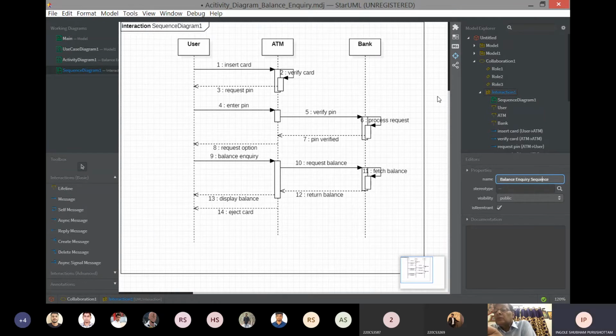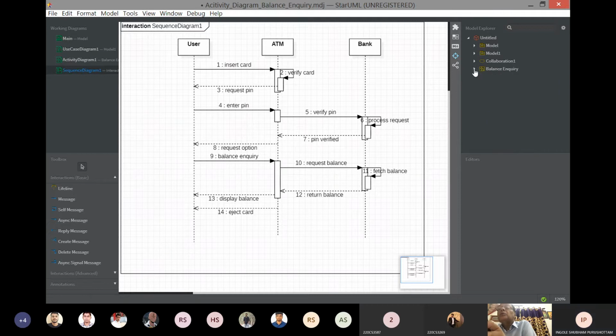You can also rename it on the right side in the model explorer. I rename it as balance inquiry sequence. So this is the third one, the sequence diagram. Again, for every use case, there will be a sequence diagram.